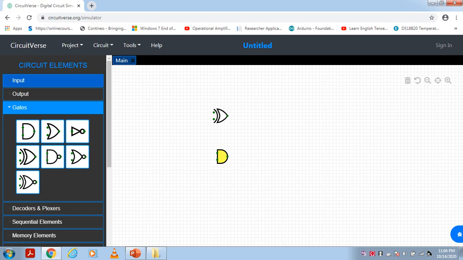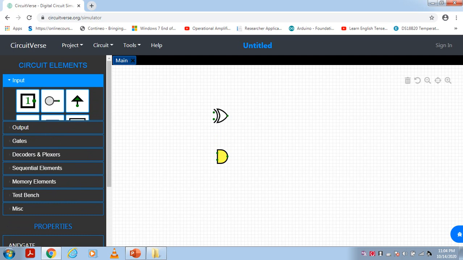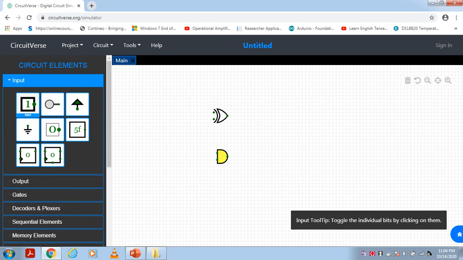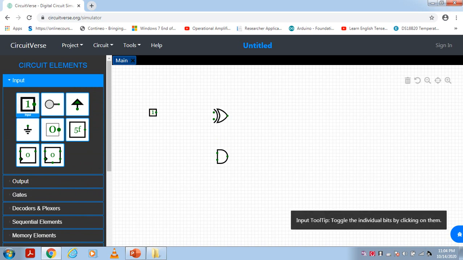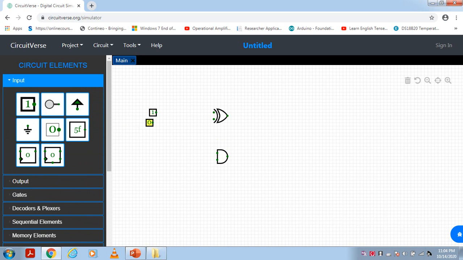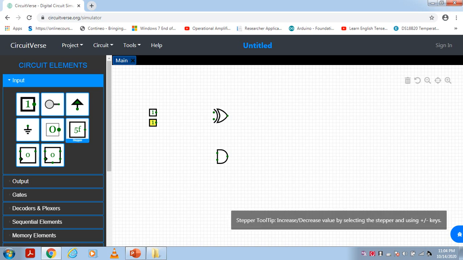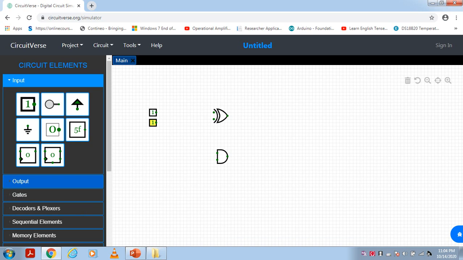Now I need to give the input. How many inputs for the half adder circuit? Yes, it is 2 inputs. Select the input here and keep it here. Similarly for the next input, select it and keep it over here. Now I need to see the output. Go to the output.